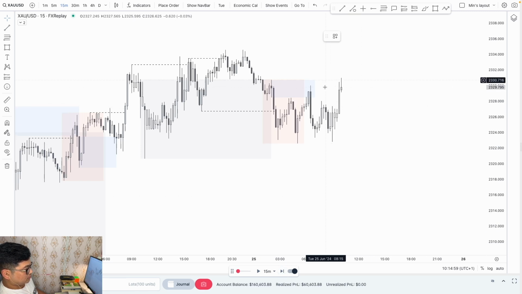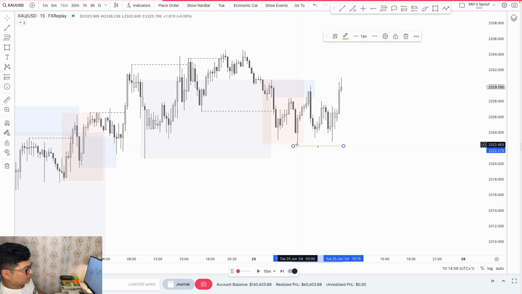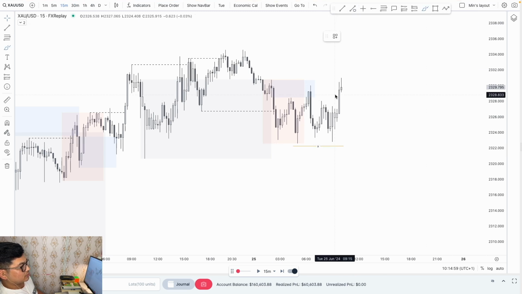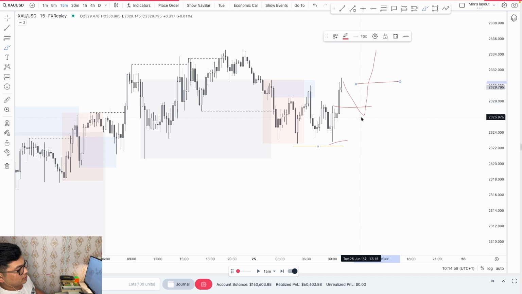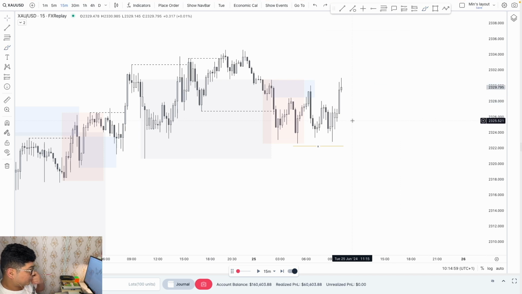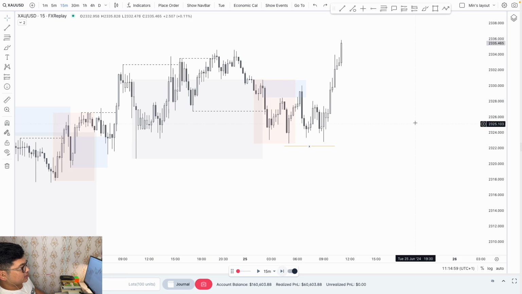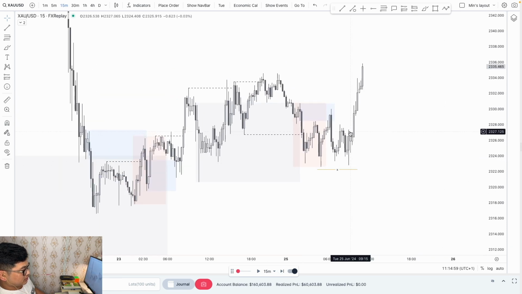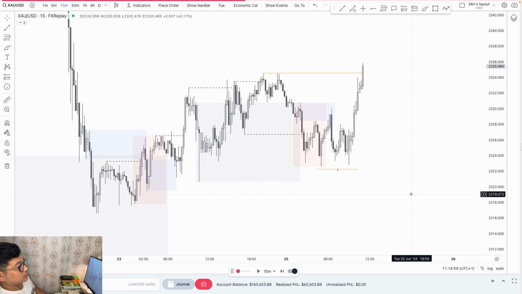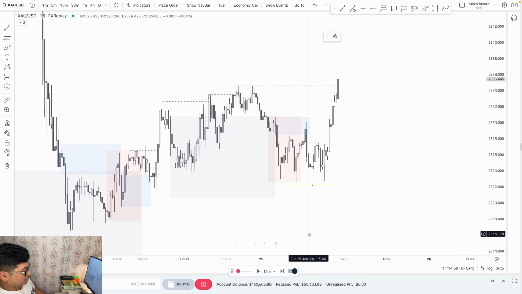Okay, now it's moving forward, but again this is pushed higher. But now you can see how price is pushing up higher by leaving the equal lows, clearly equal lows. So I would not be surprised if it is mass like that, and I would not like to trade. If this demand holds to the upside, then I would look for a long, because this demand is a little bit suspicious for me. All right, let's see. Okay, nice push, nice one. Let's see. If this breaks, yes, that's nice. So now we can look for a long. Now I'm happy to look for a long, but let's see how price goes.